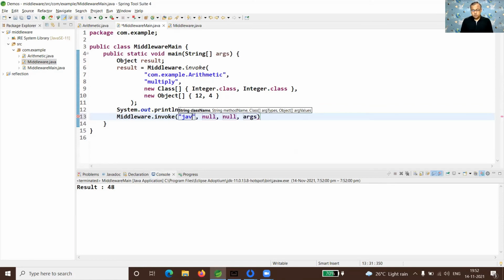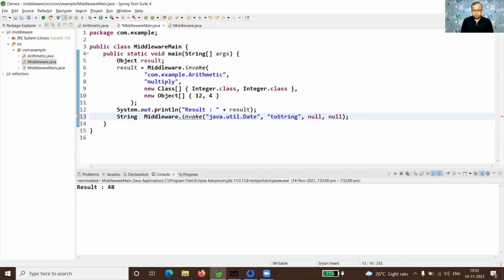Let me try to call a method of class java.util.Date, and the name of the method that I want to call is toString. You know that the toString method doesn't take any argument. So for argument types, I'm passing null, and even for argument values, I'm keeping it null.